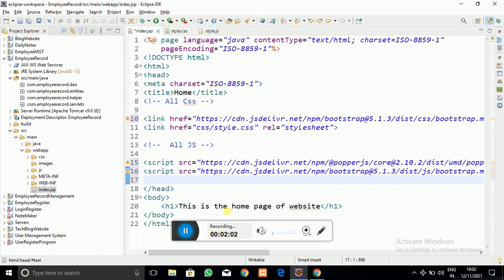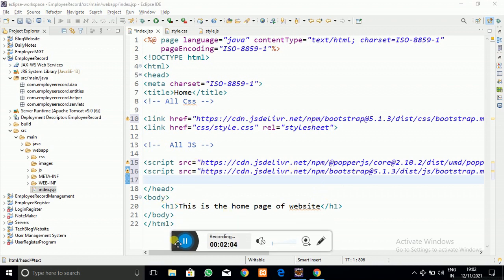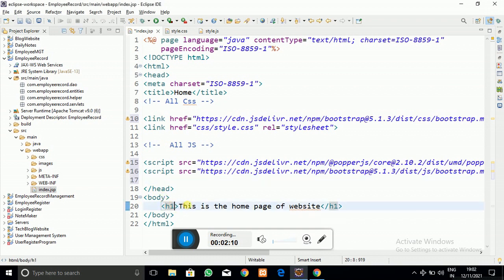To verify whether Bootstrap is added or not, I am going to write a Bootstrap CSS class on that h1 text. Let me write class equal to text-danger, which is the Bootstrap class which changes the color of the text, whatever the text is.